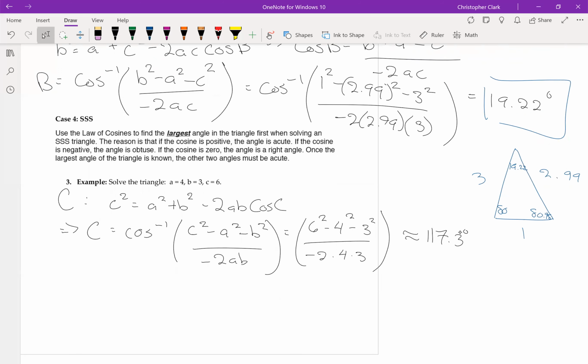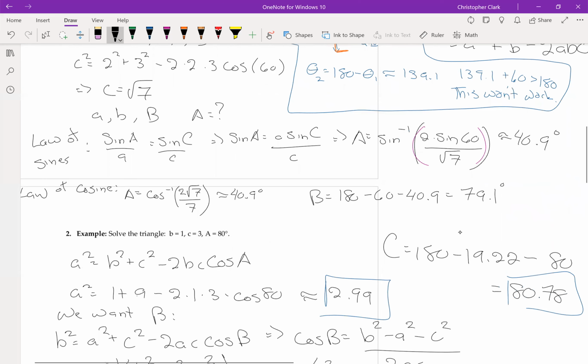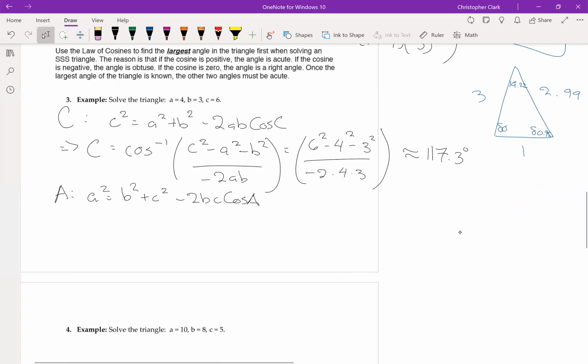All right, from this we could then solve for the next largest. The next largest is going to be A. So we have A squared equals, should be B squared plus C squared, but it doesn't matter, minus 2BC cosine A, and let's double check that up here. B squared, C squared, perfect, all right? Now this gives us that A is equal to, you just plug in for the same thing, same layout, and you get about